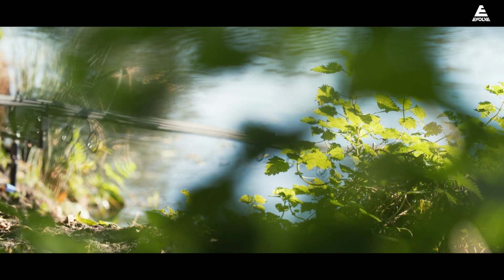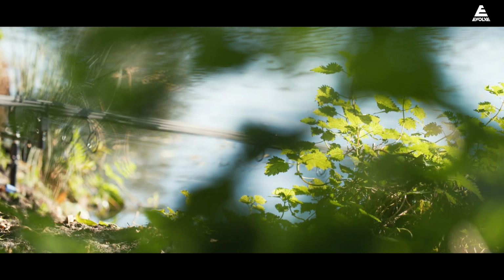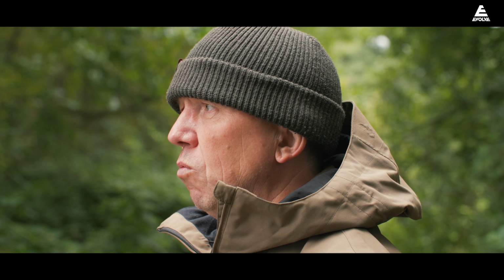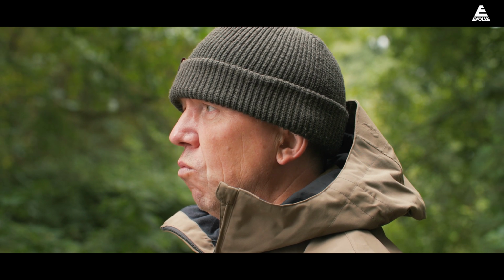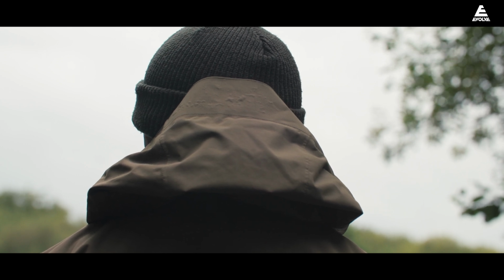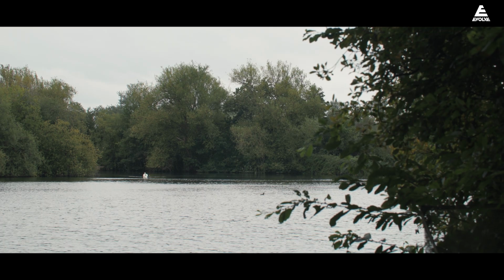So I tend to come either late on Fridays and I'm away early on a Sunday, but what I try and do is I try and come in between my sessions so I can come and see what's going on, where people are fishing, where the bait's being applied. I'm looking at the bird life to see if the birds are responding to baited areas. I want to feel like when I rock up into the car park, I've got a fair idea around what's